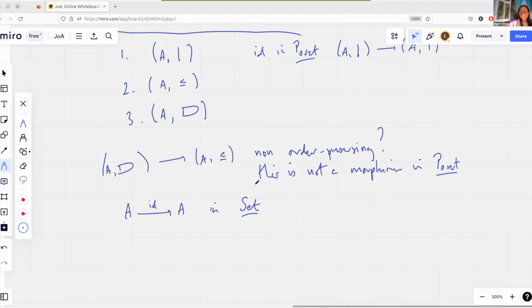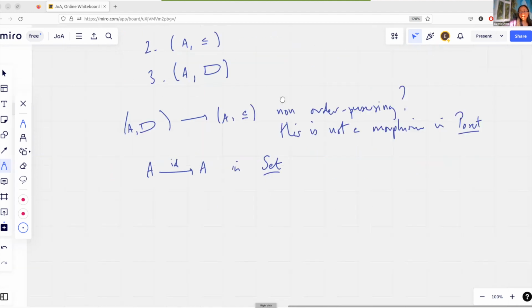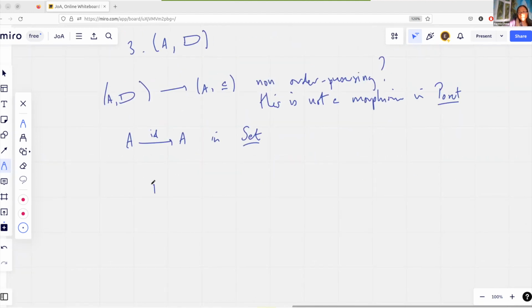Now, later on, when we do forgetful functors, we'll see that there is a way to relate the category of posets to the category of sets by a morphism of categories, which is called a functor. And what this does is it forgets the ordering. And what we're saying here is we're comparing the morphisms in here to the morphisms at the bottom. And we're saying that sometimes there is a morphism at the bottom that does not lift to a morphism over here. And so you can look at the identity morphism here and observe that there wasn't a way to lift it between those two.